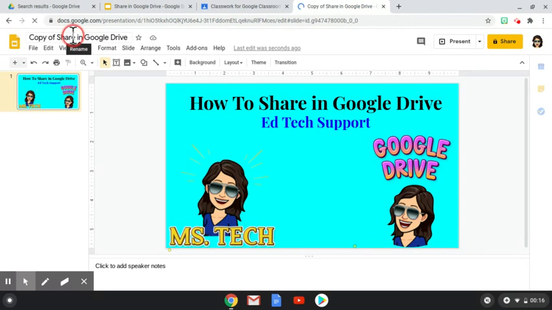And to do that, you just click up here next to whatever icon. Sometimes it's the doc, the blue doc, or in this one it's a yellow, and it's for slides. Yellow's for slides. And they just click on it, and they can highlight the whole thing. And then they can backspace, and they can put a new name. And then once you click out of it, it will automatically save that title as the new name. So whenever they want to find the slide in their drive, they'll just type in the new name, and then it will come up. So that's my tip for how to share a